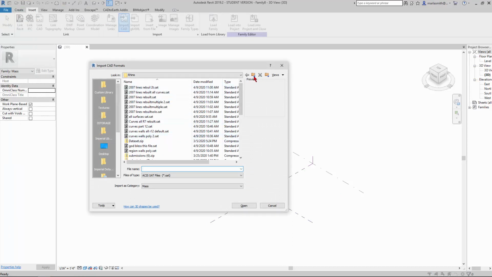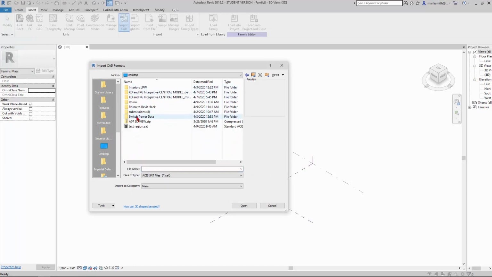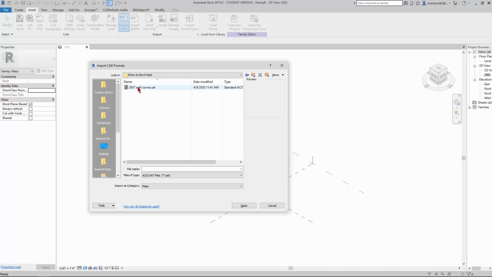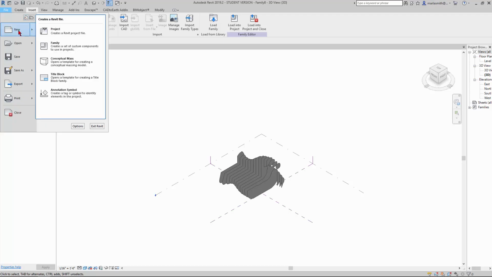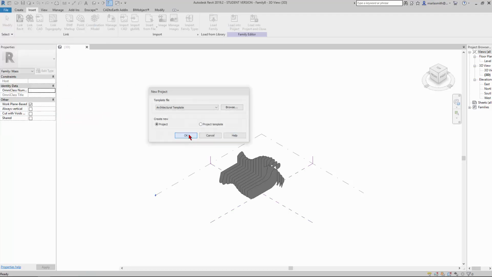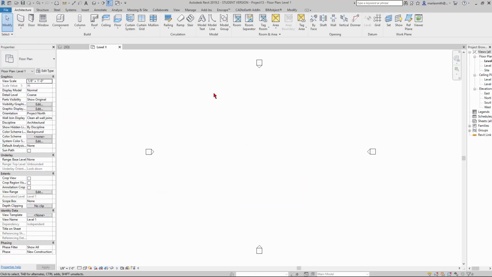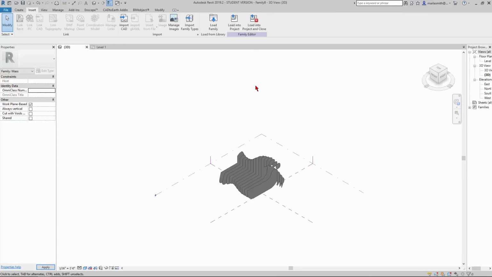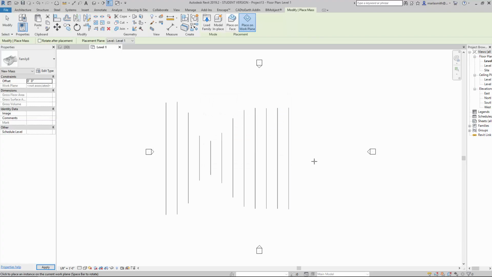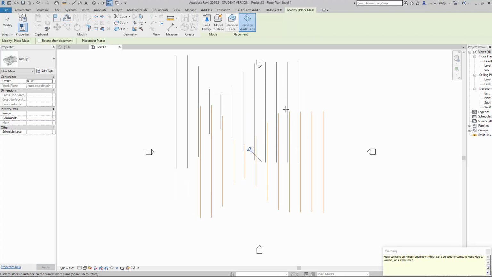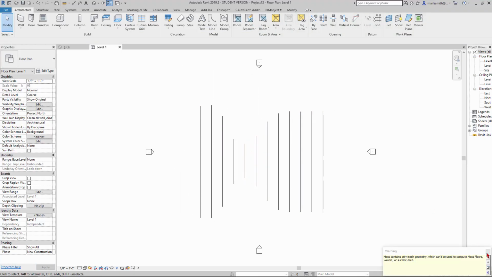I'm going to go get the thing I just made, and it plunks that in. Then I'm going to go to file, new project, start from an architecture template, go back to my conceptual mass, load into project, place that into the project, close that, 3D,